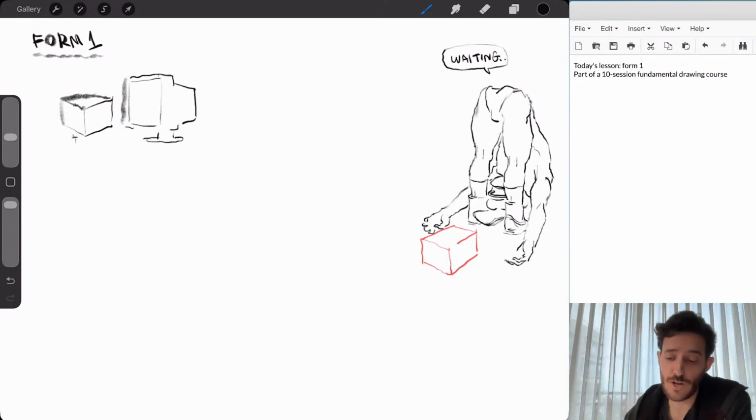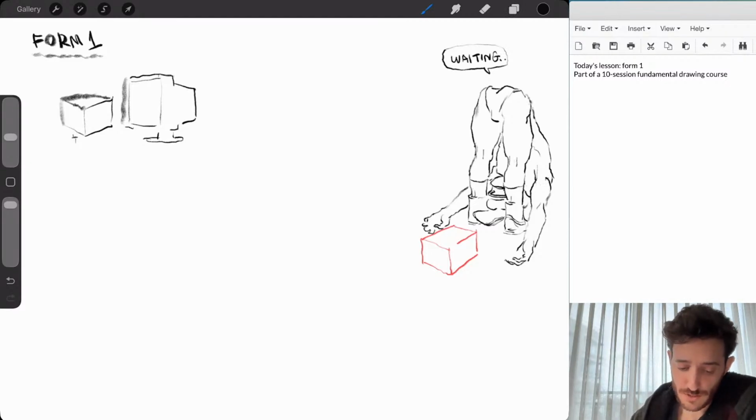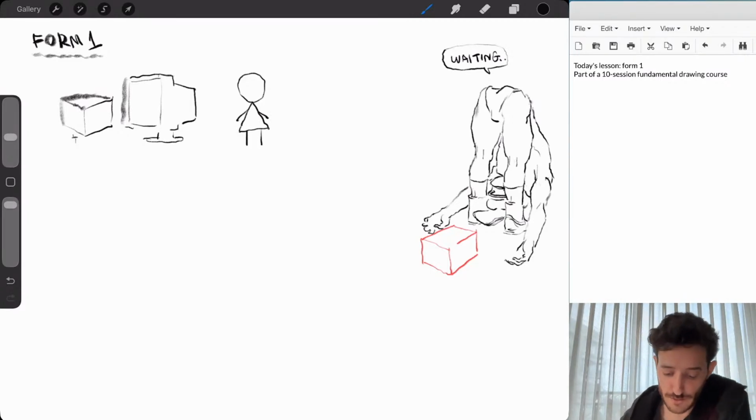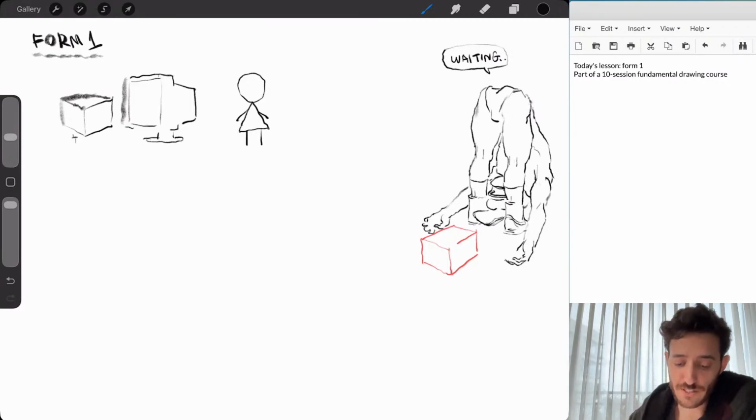Now, when we are children, if we want to draw a person, we draw something like this. And that is great, but that is 2D, so we are very limited as to what we can do with this in terms of putting it in space and twisting it. And then if we apply form,